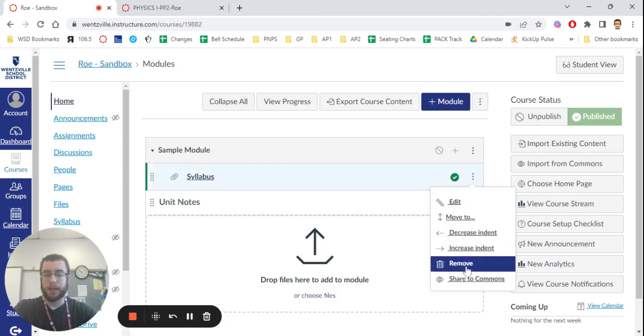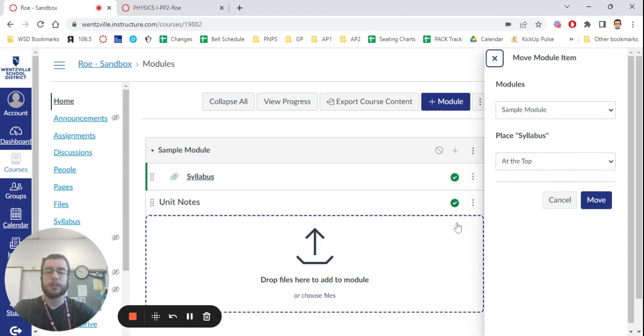The files one had the same options there. And the move to. So you can decide that you want to move it somewhere. So if you wanted to move it to a different module, the first option is modules. If I had more than one module, it would pop up there on the drop-down box. So you could pick which module you wanted to add it to. Then where you want to place it. So you could place it at the very top of the module, you can place it at the very bottom of the module, or you can specify where you want to, whether it comes before a certain thing or after